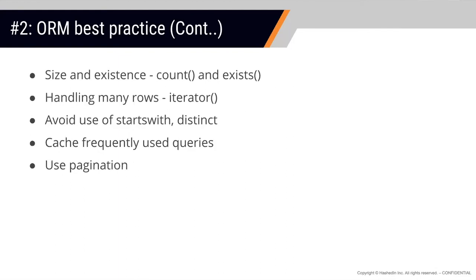Use pagination, a very important and basic thing, probably I would say. You don't let your API have an open-ended call where you say, just give me the whole result set, and you just return it over the internet. If the result set or the number of records grows beyond a particular limit, this will start taking a lot of time. So it's always best practice to paginate your API, probably with limit and offset, and 10, 20, 50, depending upon your application use case. It's always good to have pagination there.